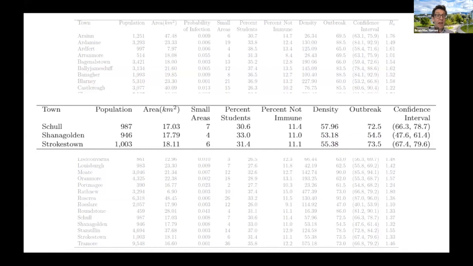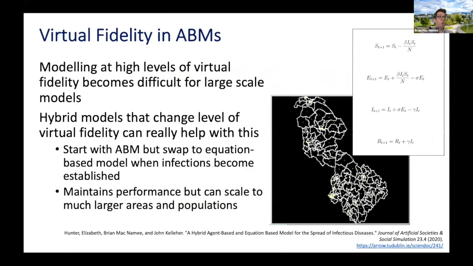towns. However, when we try to do this at a national level, so as we try to scale this up towards the whole country, but certainly multiple counties and multiple towns, we run into a challenge with just the computational requirements of that. And what we wanted to do, following up, connects nicely to the previous talk, is just look at clever ways that we could solve that weren't buying bigger machines and so on. So what we moved towards was hybrid models where we adapt the level of virtual fidelity.